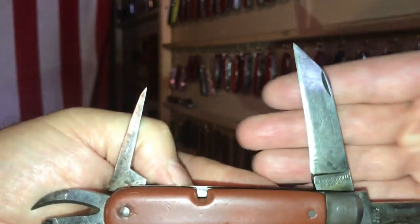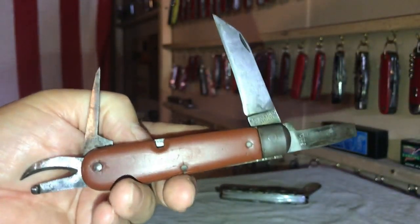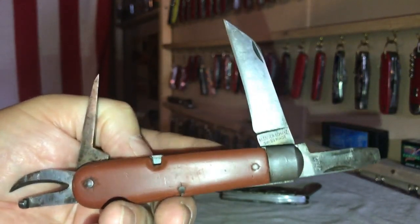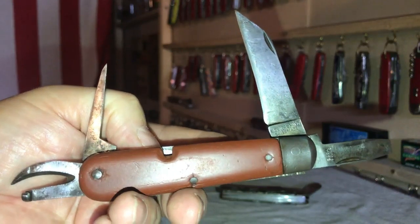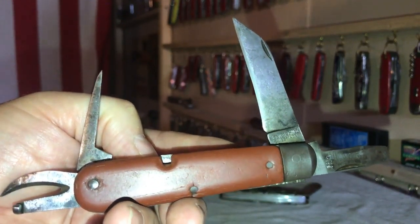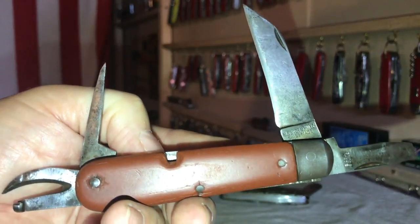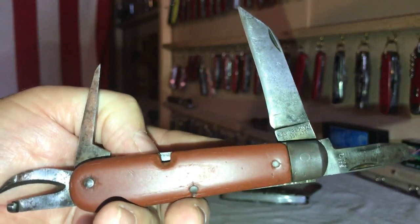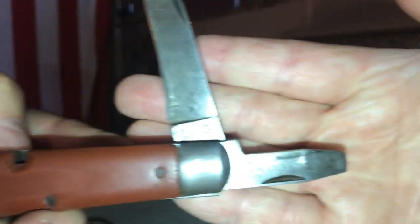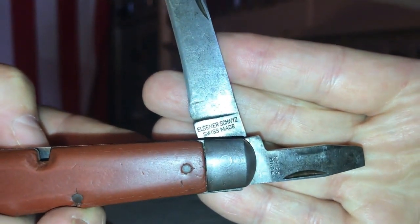Also, this knife has been altered. This should be a nice long spear blade. But you do see that this has all the blades of a typical camp knife or scout knife. And the reason for that is when the Swiss government sent out a contract for a new knife for their new rifle, one of the things they wanted was a screwdriver here that would be suitable for taking apart their